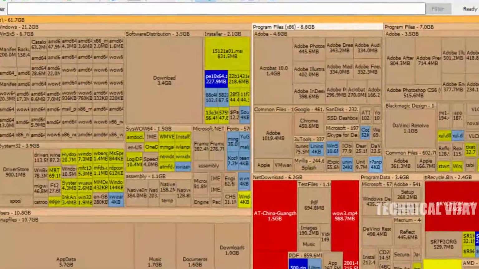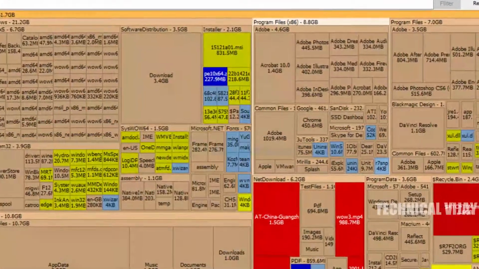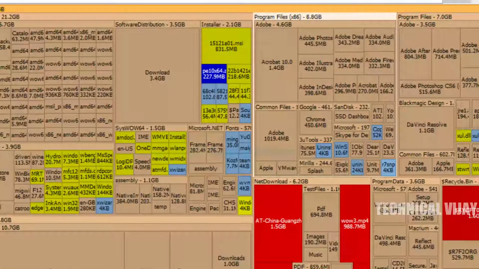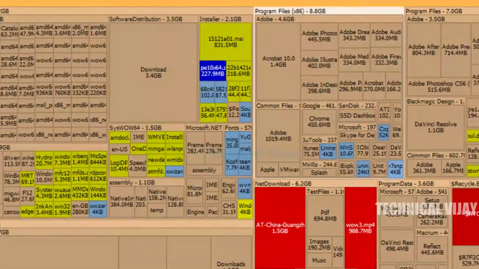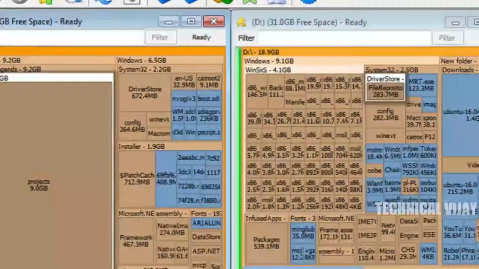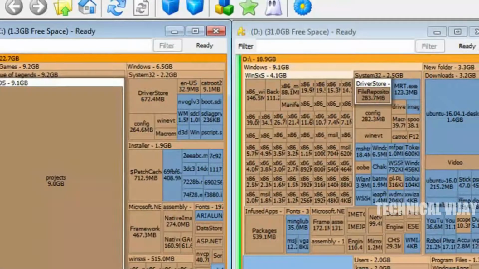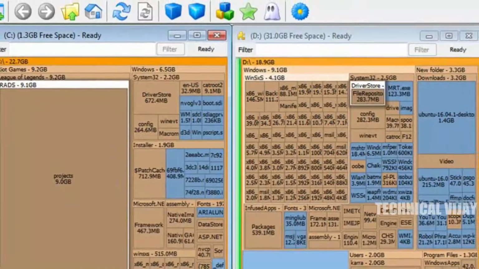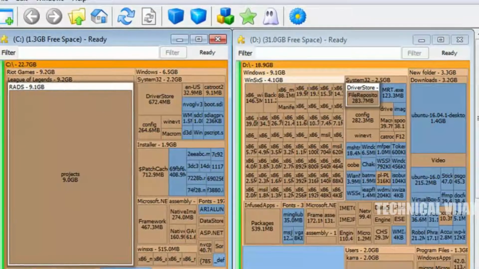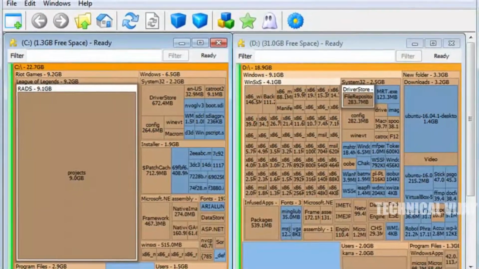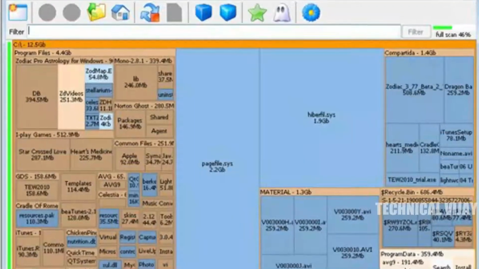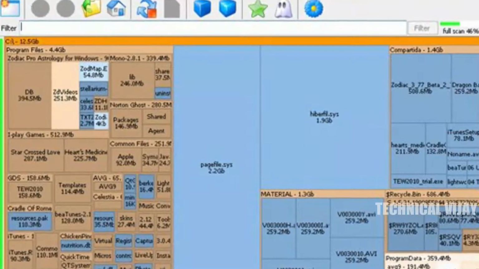All the data is shown as tiles with the name of the file or folder written on it. You can double click on each tile to dig deeper and look for larger files. You can export the data to a file and also scan external storage devices. I also really liked its more details feature that shows you more details about the selected drives as you click on it.